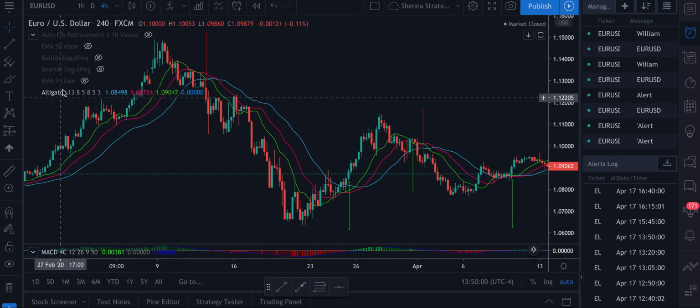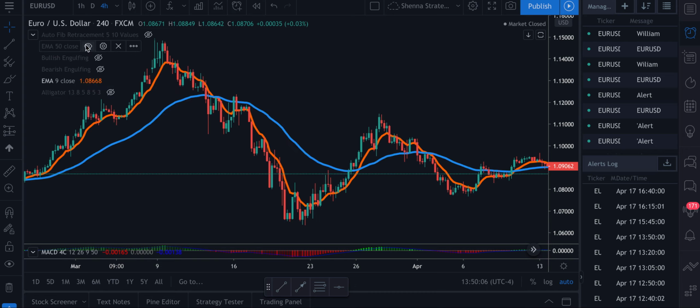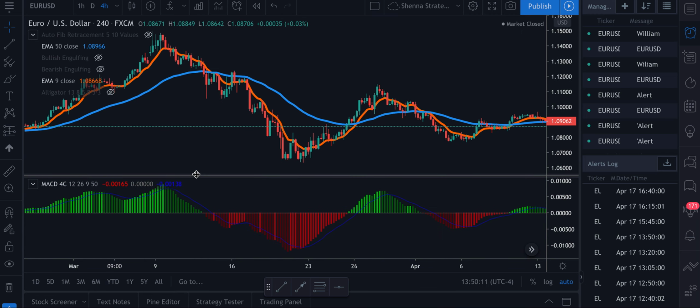I guess I'll go over one more real quick. There's another strategy I like to use where it's when the 9 and the 50 cross and this crosses. So anytime this crosses, if you notice, the market goes up. When it crosses down, it goes down. And it does it simultaneously with this. So if you notice right here,